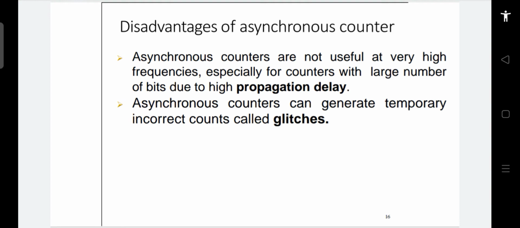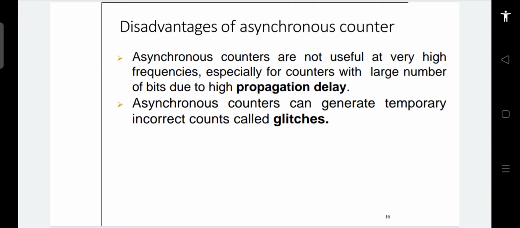This is because, if the number of bits is very high, it matters. If you are using a small number of bits, let's say 2 bits or 3 bits, then the propagation delay will not be too much. But if you are designing the circuit for, let's say, an 8-bit or 10-bit circuit, then there will be too many flip-flops, 10 flip-flops, and it can go up to 2 to the power 10 or 2 to the power 8 states accordingly. So in that case, the propagation